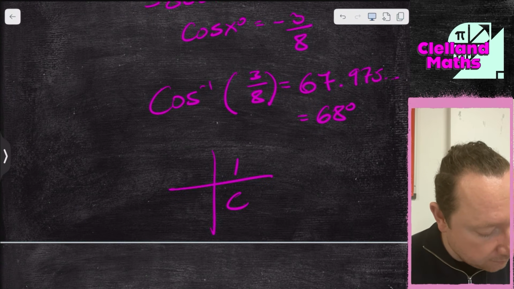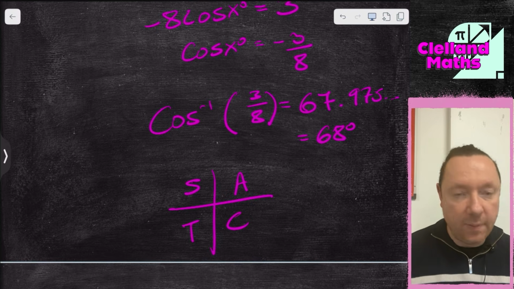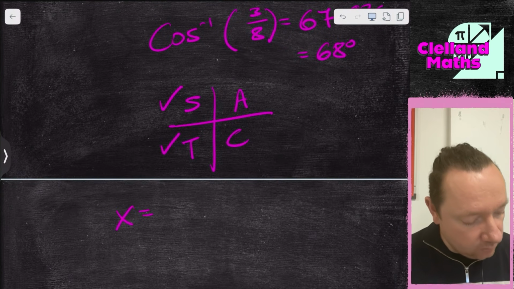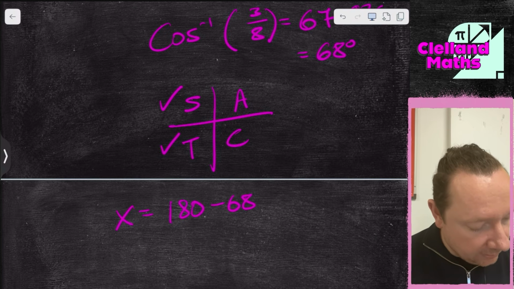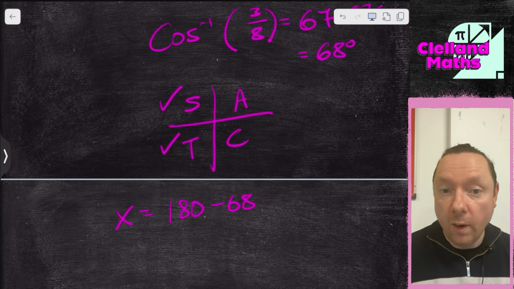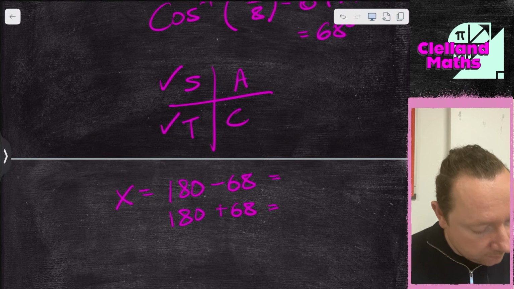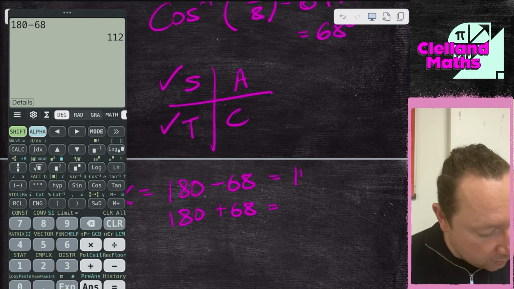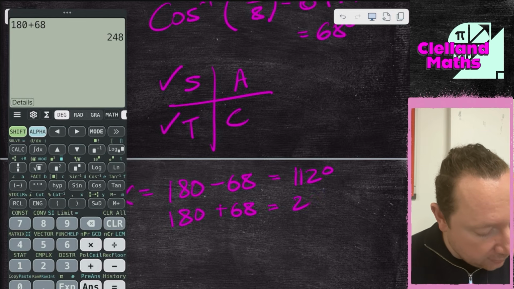CAST diagram. So our cos was negative. So usually I pick A and C, but I pick the opposite. So it's S and T. So at S we do 180 minus the angle, 180 minus 68. And at T, we do 180 plus the angle, 180 plus 68. Two answers. Well, 112 degrees, 248 degrees,